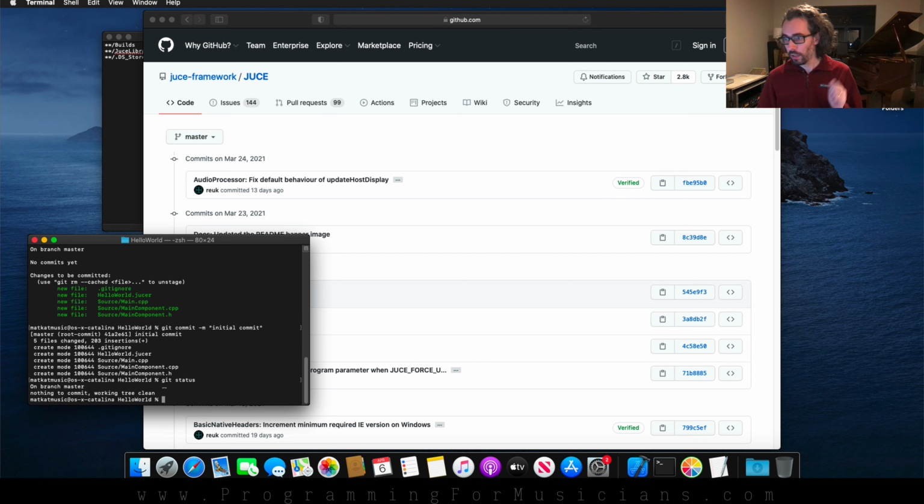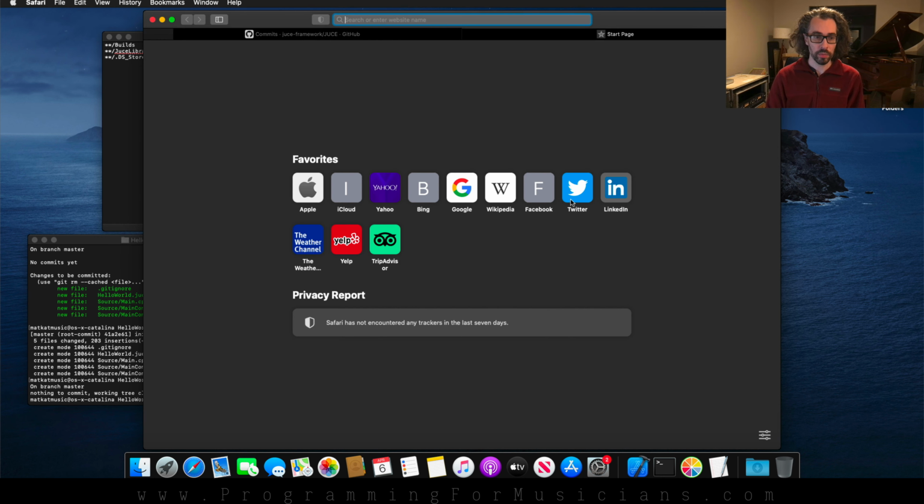Now, I don't know about you, but I think using git via the terminal is annoying. So this is the last time I'm going to do it. I'm going to switch to using a Git GUI. Now, a Git GUI is a graphical application which lets us interact with our Git repository without having to do it via the shell. So to do that, I'm going to go here. I'm going to go